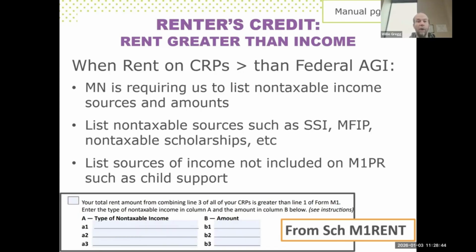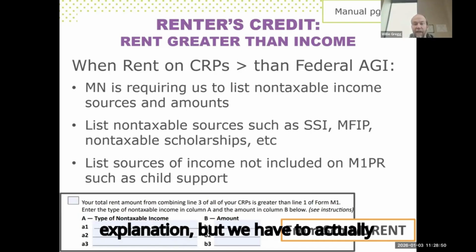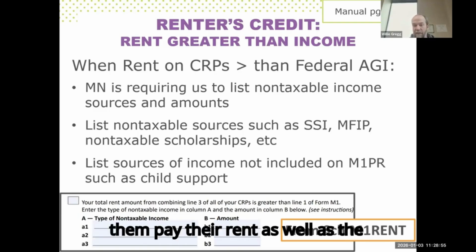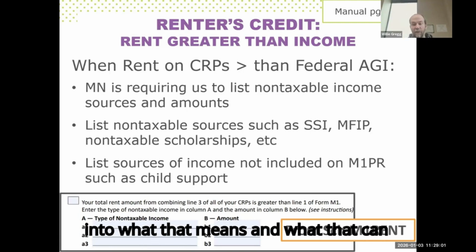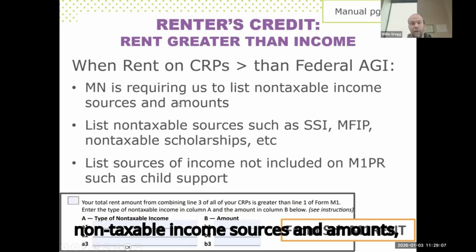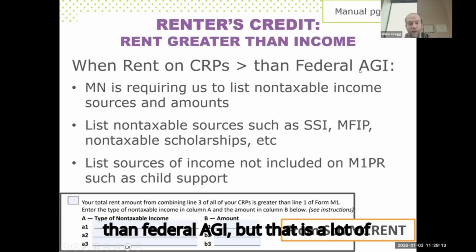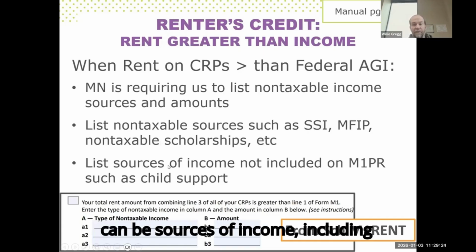So when rent is greater than income, we do have to provide not just a simple explanation, but as much as possible the types of income that people received that helped them pay their rent, as well as the amount that they received. Now, we'll get into what that means and what that can be. So we're listing non-taxable income sources and amounts, but only when rent is greater than income. So when rent on CRPs is greater than federal AGI, but that is a lot of times. List non-taxable income sources such as SSI, MFIP, non-taxable scholarships. It can be sources of income including